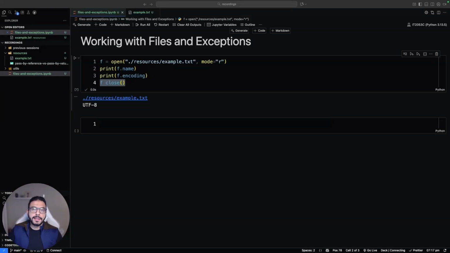Opening a file is easy, but opening it safely is what separates beginner's code from reliable code. In this video, we're going to learn how to read and write files in Python without breaking or losing our data. In the previous video, we looked into the open function and how we needed to provide